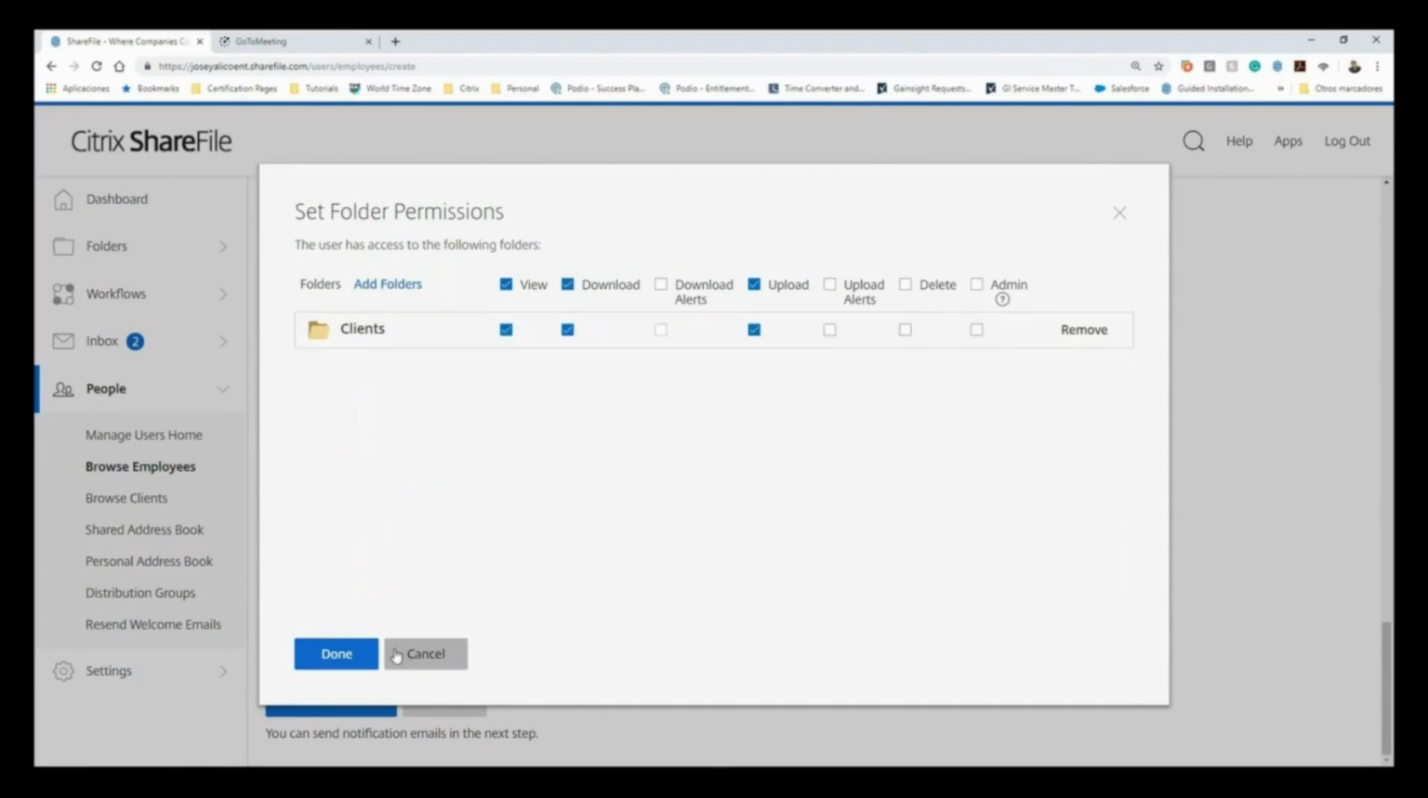And then what I'll need to do will be to set what kind of permissions I want this employee to have on that specific folder. So by default, every user that you add to a folder will have view, download, and upload access to that folder. So if you want to give them this access, it is okay, or if you want to give them further